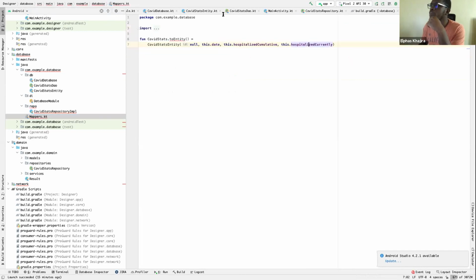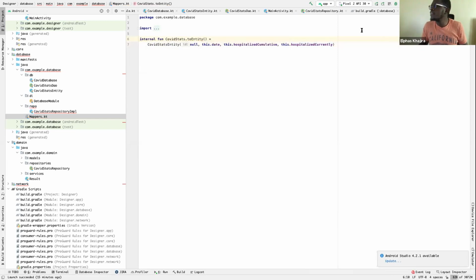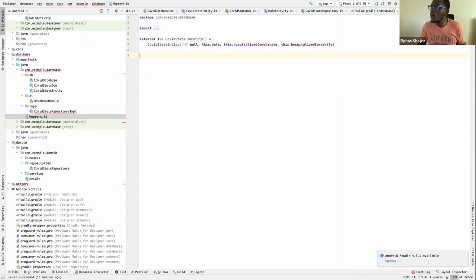So what we can do is have this function, which is a Kotlin extension function, just to map our entity. This one will map our domain object to an entity. It also has to be internal. And then we need another one to map our entity to our domain object.